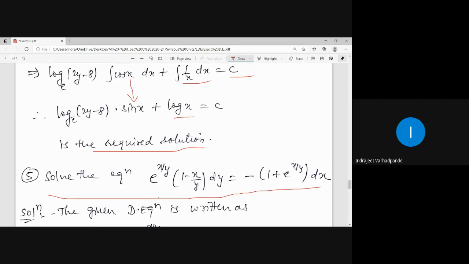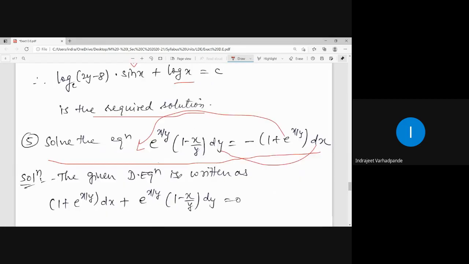No, sir. What to be done in that case? Are you not thinking of any other form, dy by dx or dx by dy? Is it possible? No, sir. Why not possible? If I take this dx here, then it will become dy by dx is equal to some expression. So what other parameters should be considered? X or Y should be linear. Yes, we don't have any term as linear. Neither x is to the power 1, nor y is to the power 1, right? So I cannot think of any other form. So the best way is to transfer this to the other side and compare it with the standard form.